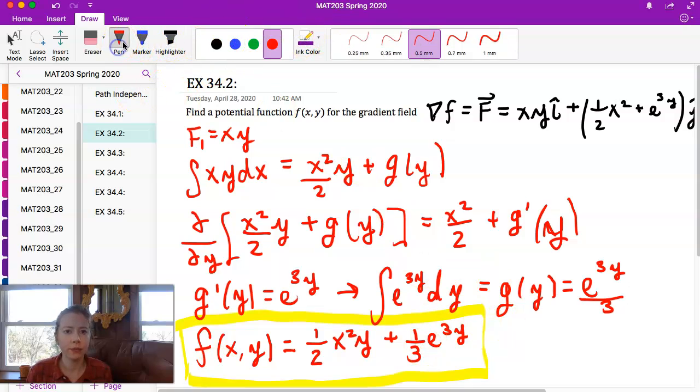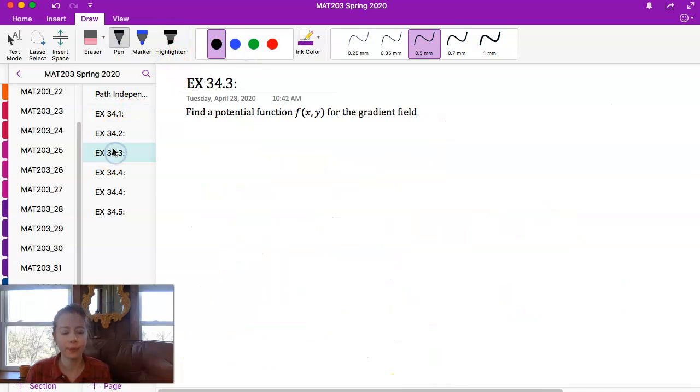Okay, so moving on, let's keep trying some. So here's another. We're going to find a potential function for grad f is equal to cosine y